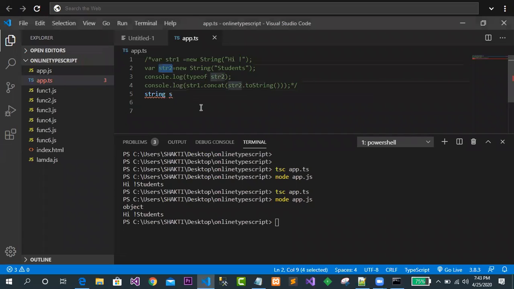String is a different class. So these both are different. That is why here we need to convert str2 to string type, because str2 is in the format of object. So the concat method is not going to apply on object. The concat method is only going to concatenate with string values. So that is why you have to convert it to string.